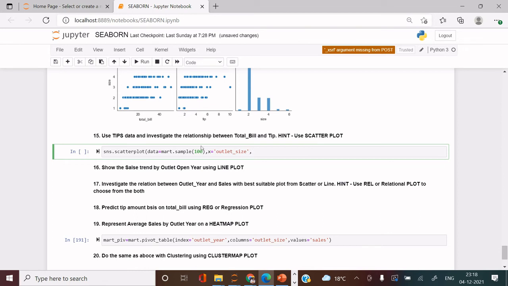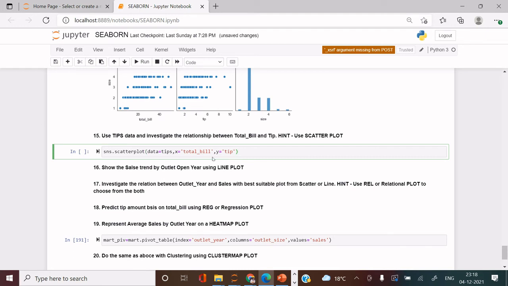Here it is suggesting to use the tips data and investigate. Okay, let's make it specific to the example. Tips data, x equals to total bill, and on y I'm going to plot tip.